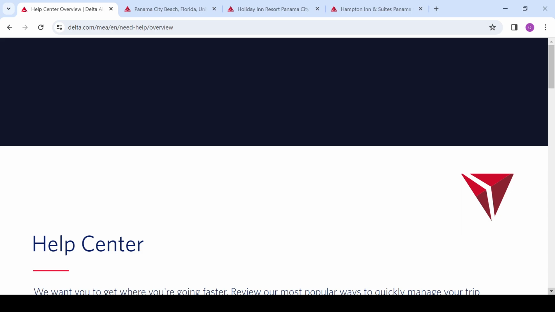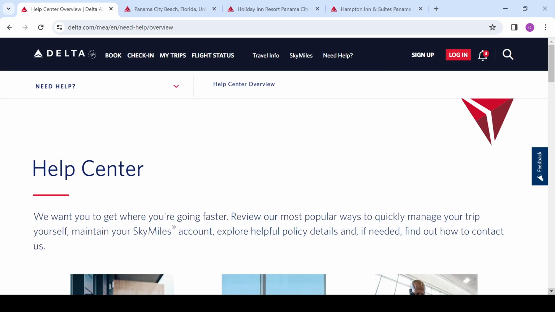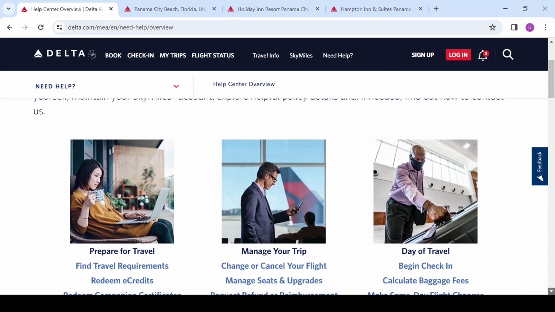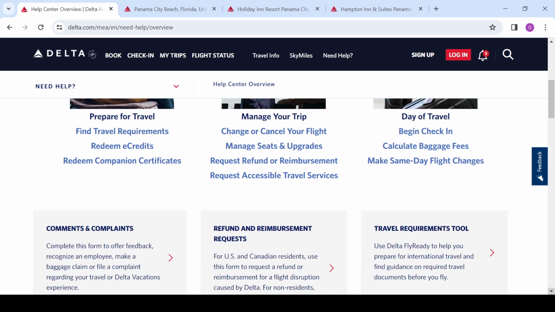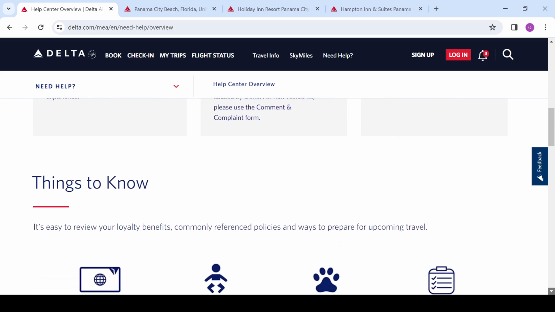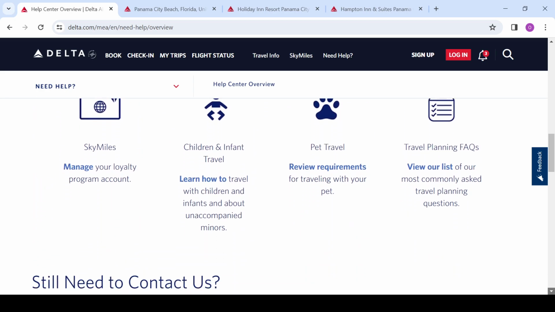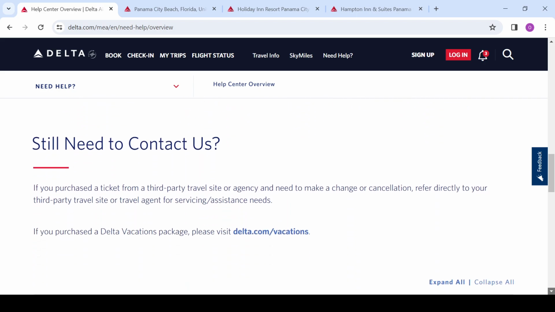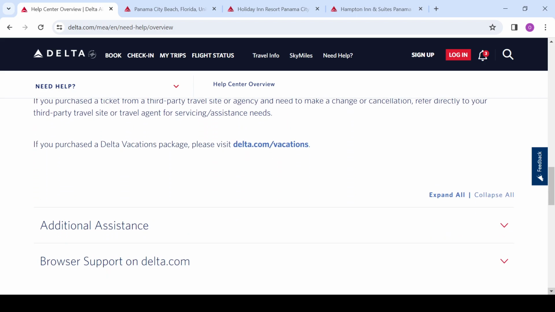Once the help center page has loaded, you scroll down, you keep scrolling down till you see the option to get a receipt. If you do not see the option to get a receipt, just keep scrolling down carefully. But if you still do not see it, you can just log into their website,